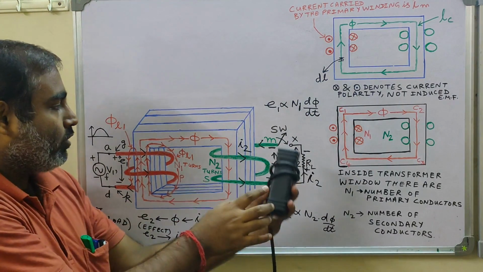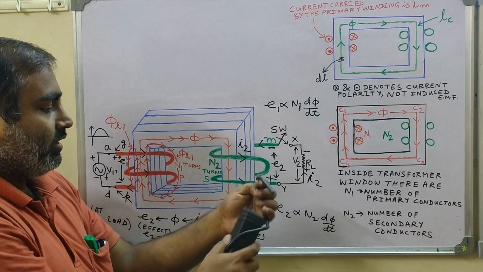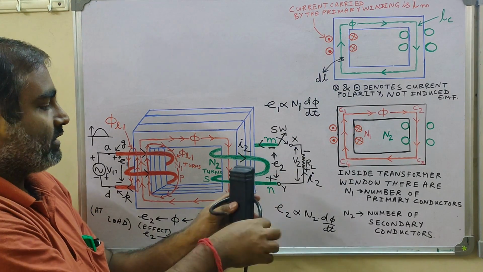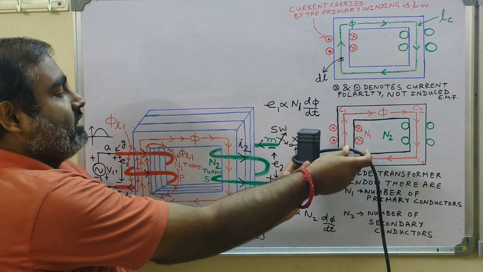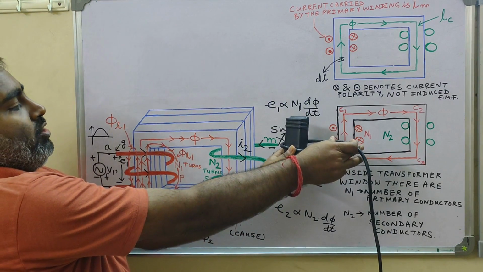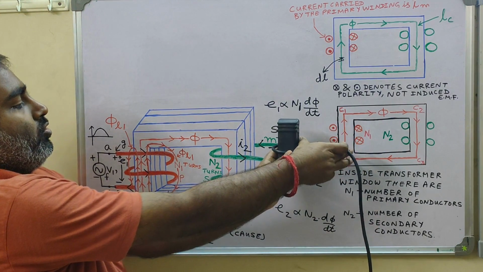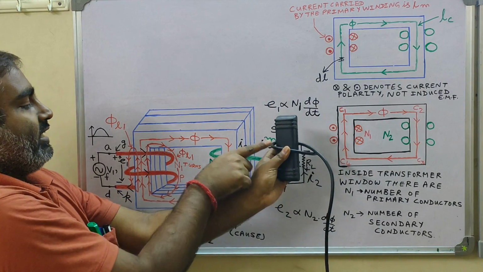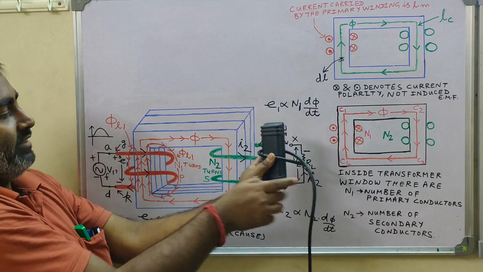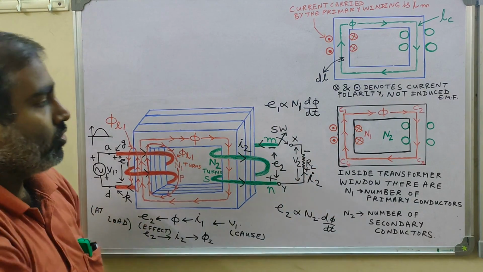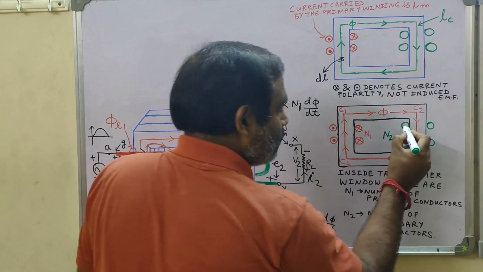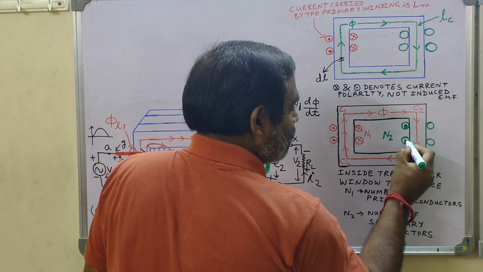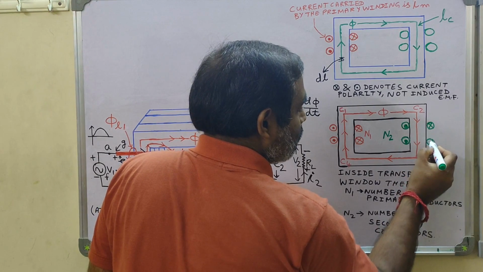Now the limb around which the secondary coil is wound, how is it? The direction of current will be like this. In this case you have this kind of scenario. Over here you can see that current is entering through this portion from behind the core, so it is going to leave this side. This side will be dot because it is leaving, and this side will be cross. So let us put that dot and cross for the secondary coil over here. This will be dot, this will be dot, and this will be cross, this will be cross.